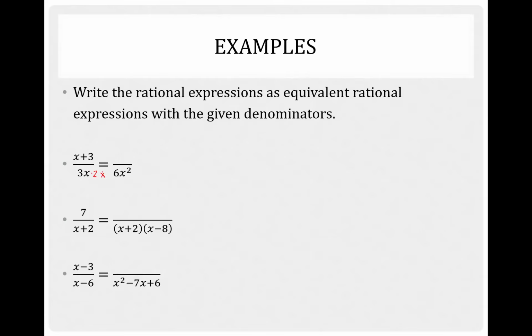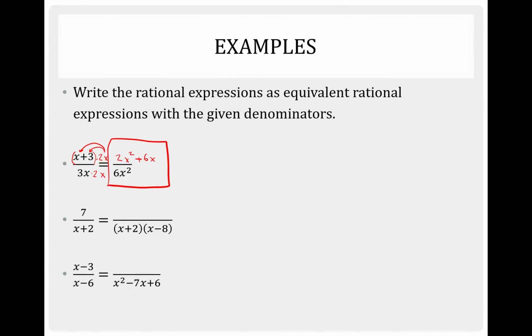But if I multiply the bottom of the fraction by 2x, I also need to multiply the top of the fraction by the same thing. So we need to multiply the top of the fraction also by 2x. If we distribute that 2x into the parentheses, because really you have to multiply the whole top by 2x, you need those parentheses. 2x times x is 2x squared, and 2x times 3 is a positive 6x,